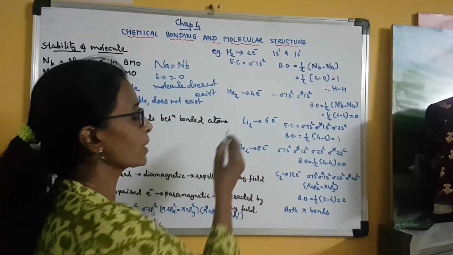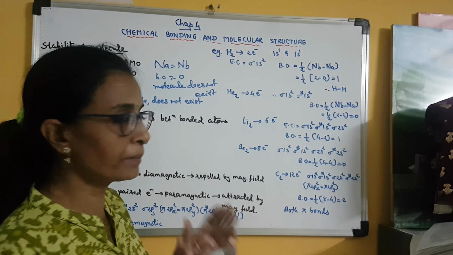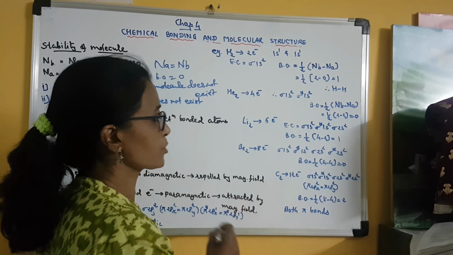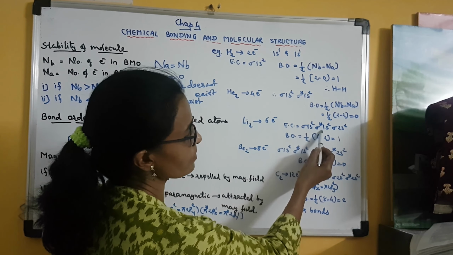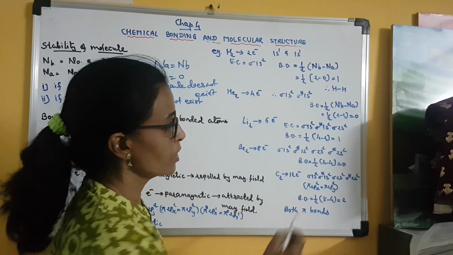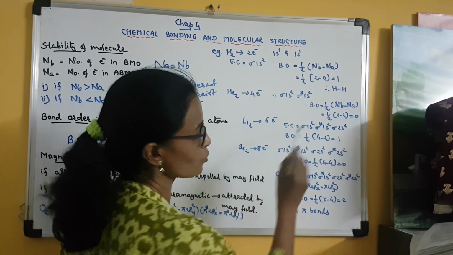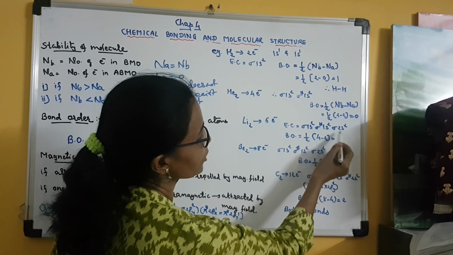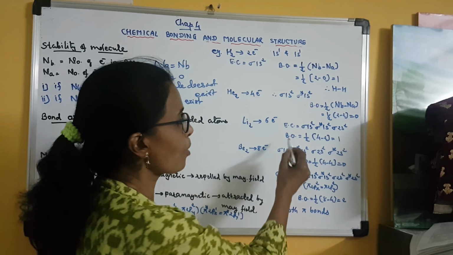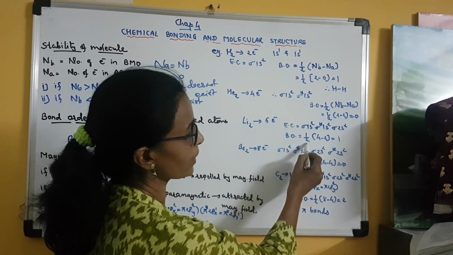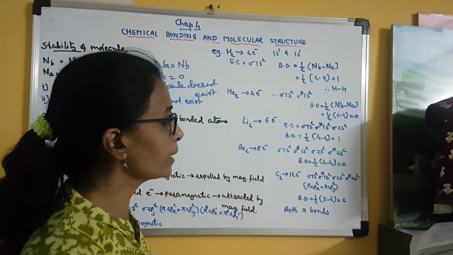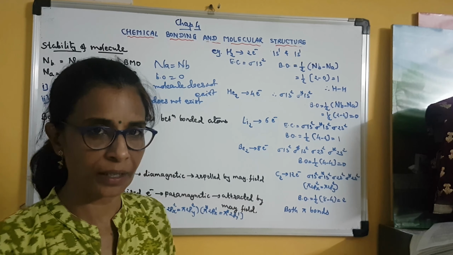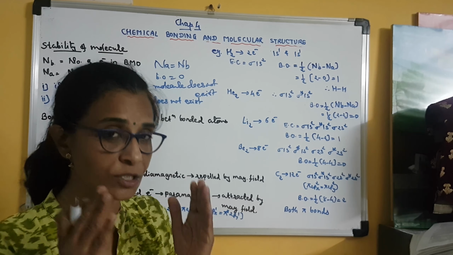So in that the first one is lithium, Li2. Lithium atomic number is 3. So in Li2 the electrons will be double, so there are 6 electrons. Now configuration is sigma 1s2, sigma star 1s2 and sigma 2s2. So you can see 2 plus 2 plus 2, so 6 electrons are over. Now here you can see there are 4 bonding electrons and 2 anti-bonding electrons. So bond order is equal to 4 minus 2 divided by 2, so it is equal to 1. So in the Li2 molecule also there is a single bond between lithium and lithium. Clear? So it can exist because bond order has got some value.